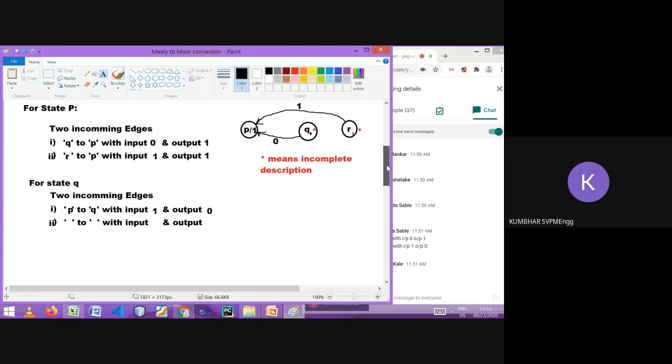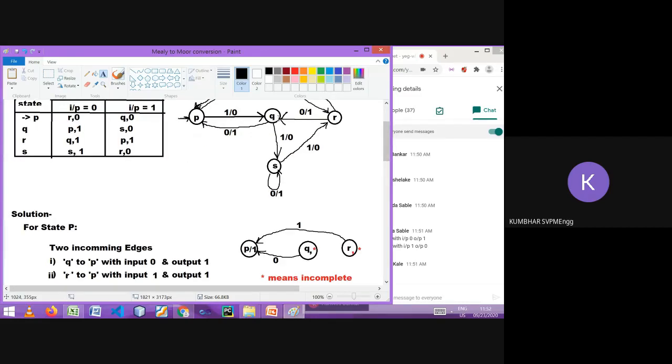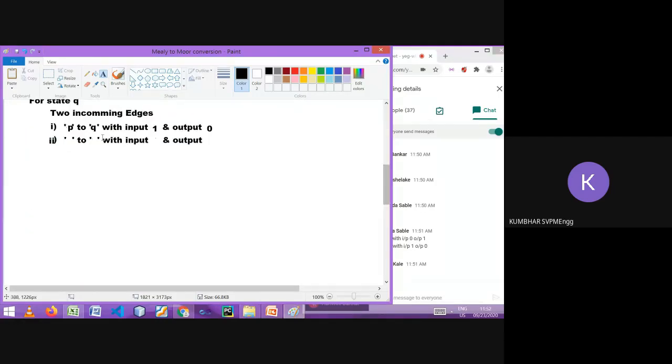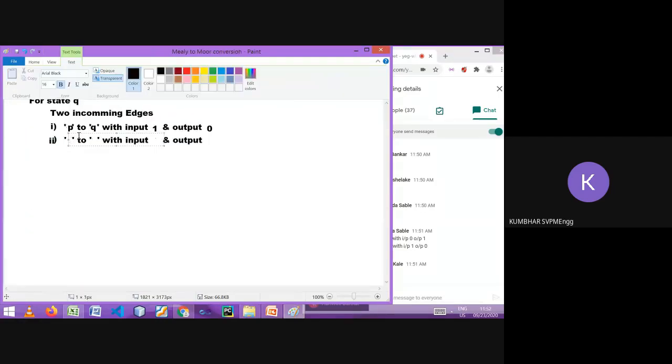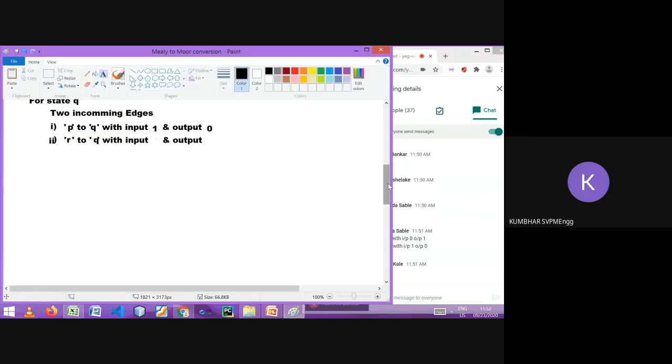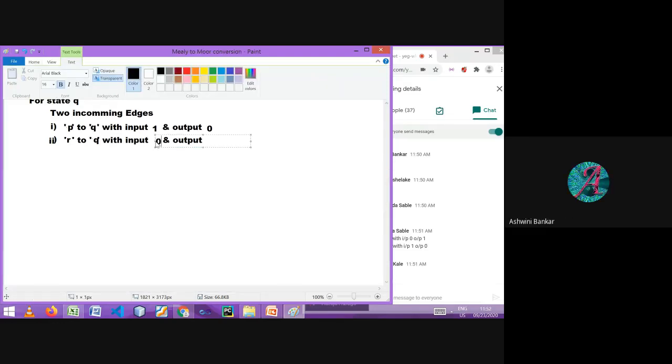Another incoming edge for Q is from R. From R to Q, input 0, output 1. So from R to Q, that is the incoming edge. Input is 0 and output is 1.